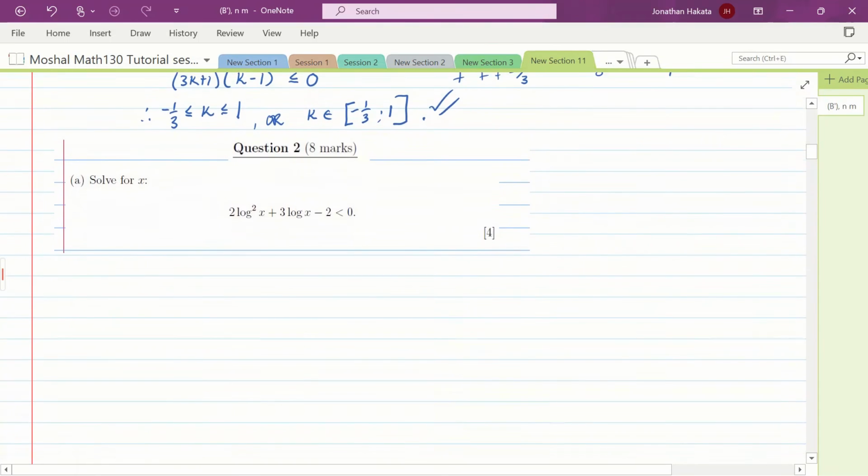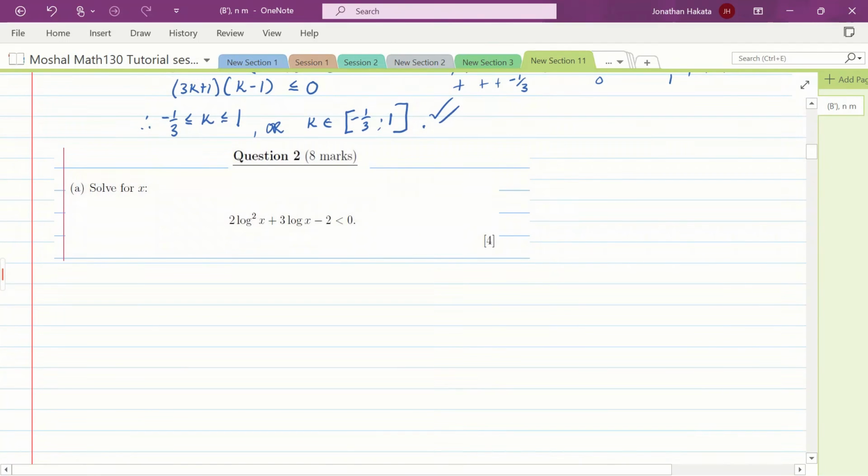We have this logarithmic equation. The question requires us to solve for x. Okay, so there are two ways. There's another way of doing this. If you look at it, it's a quadratic